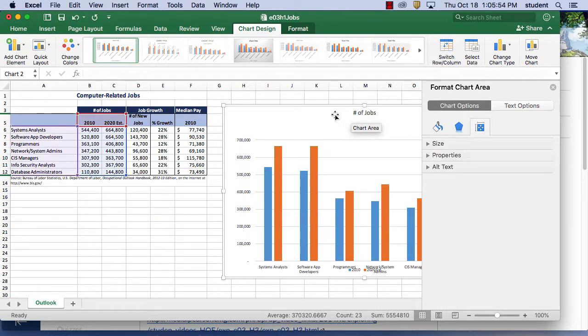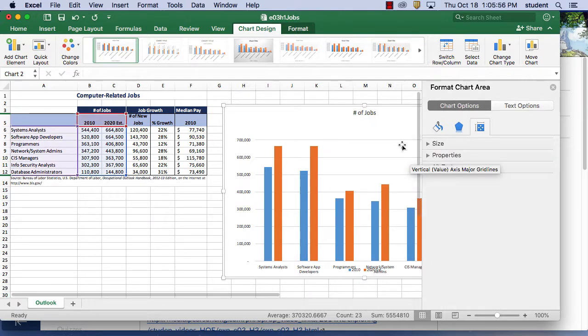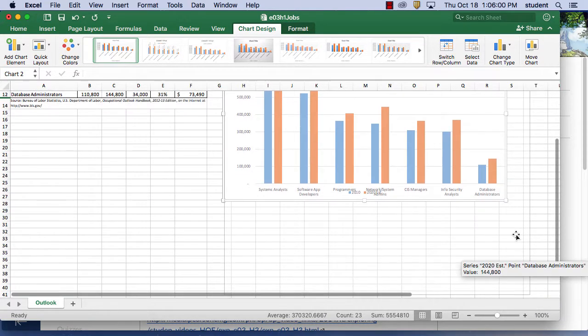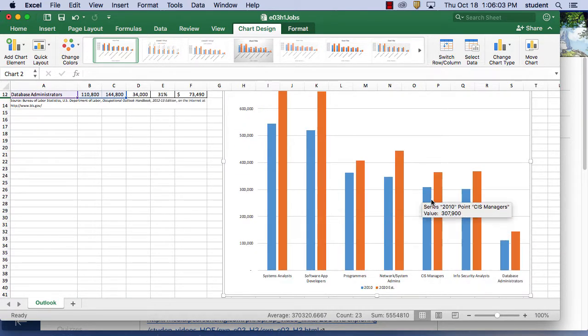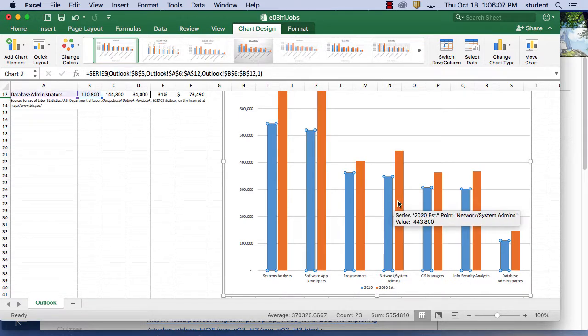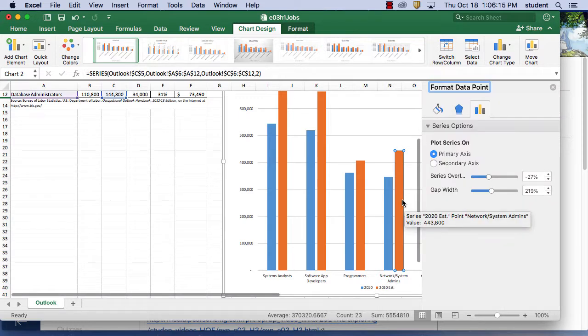Okay, let's talk about changing color and stuff. Notice how, I'm going to close this window here. Notice how I might need to make this a little bit bigger. Notice how you see orange for one and blue for the other. Notice how I click on the chart. Well, maybe you don't like that blue or you don't like that. You'll notice that you can,